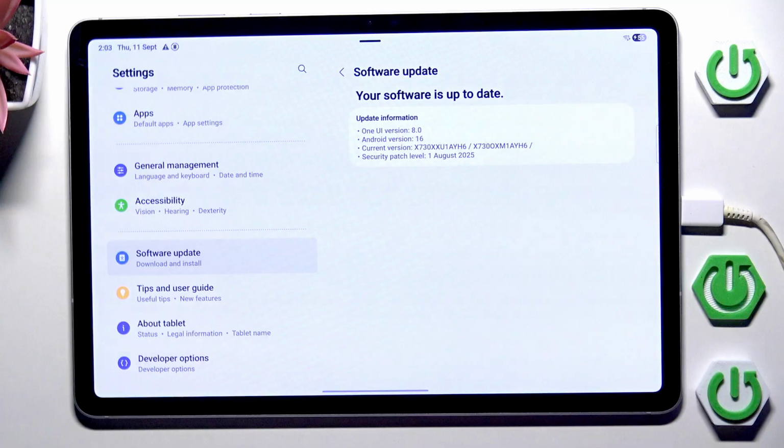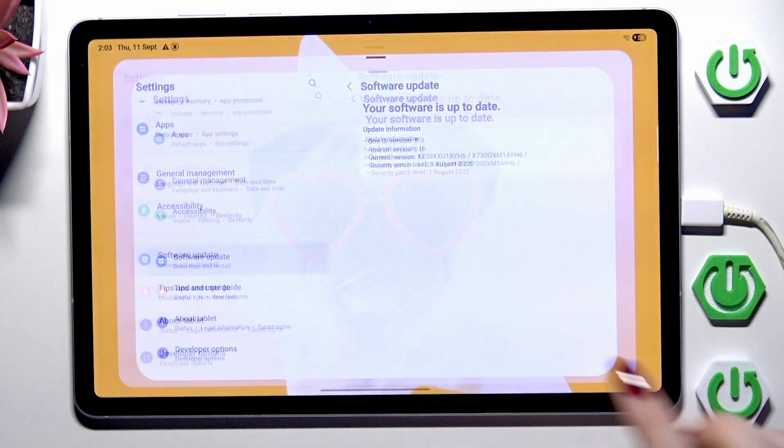Obviously, if you've got the internet connection, make sure that you've got one. So it will check for the updates, and basically, if your device will find it, I highly recommend to simply tap on download or install. Just go through all of the process and try to install the Google Chrome again. Alright, so that will be